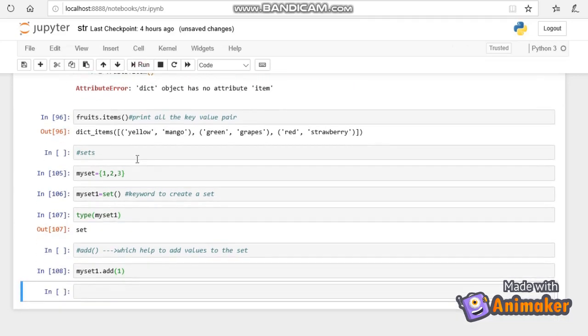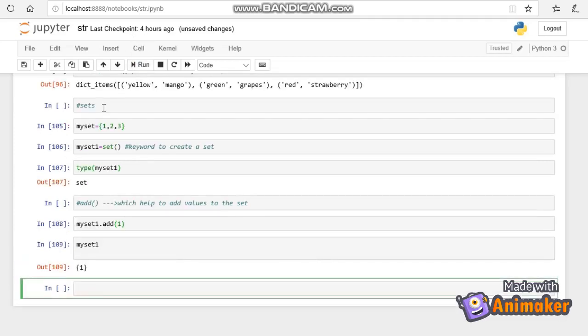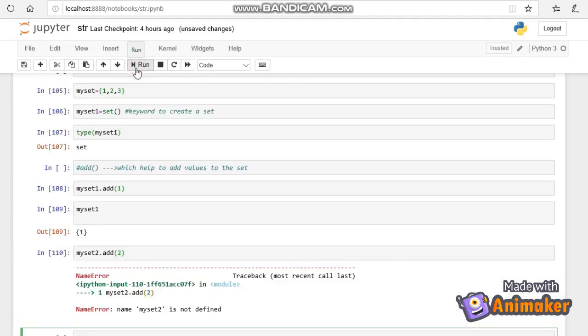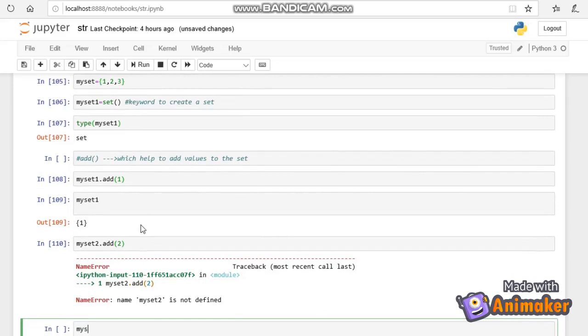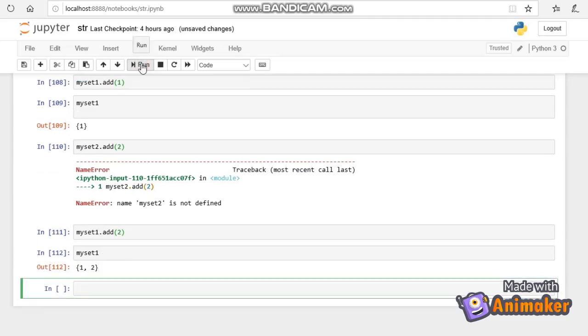So if I put my set, I'll get 1. If I want to add value 2 to the set, my set dot add 2, I will get 1, 2. So again I'm adding 2. Let's watch this. Dot add 2.